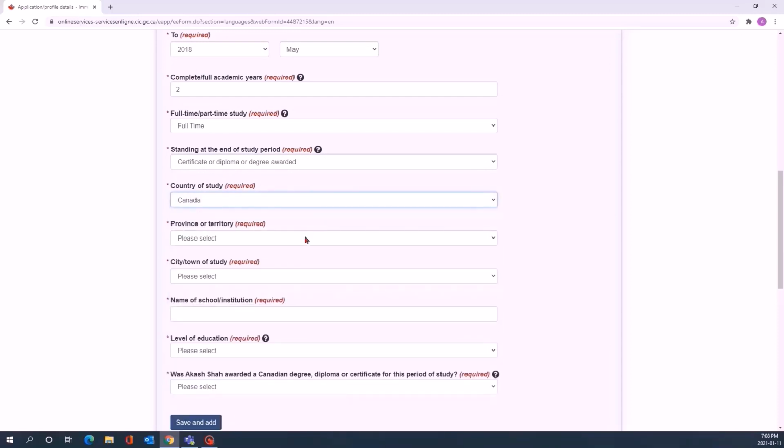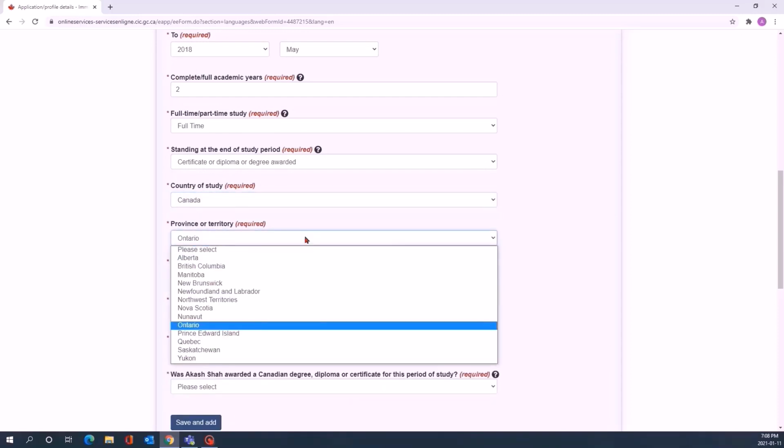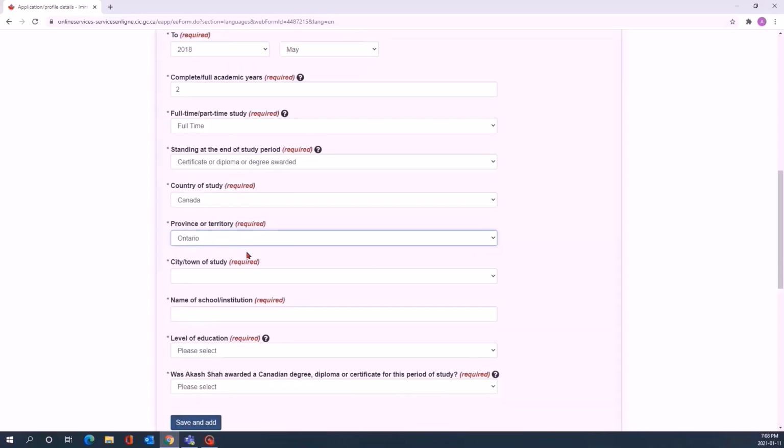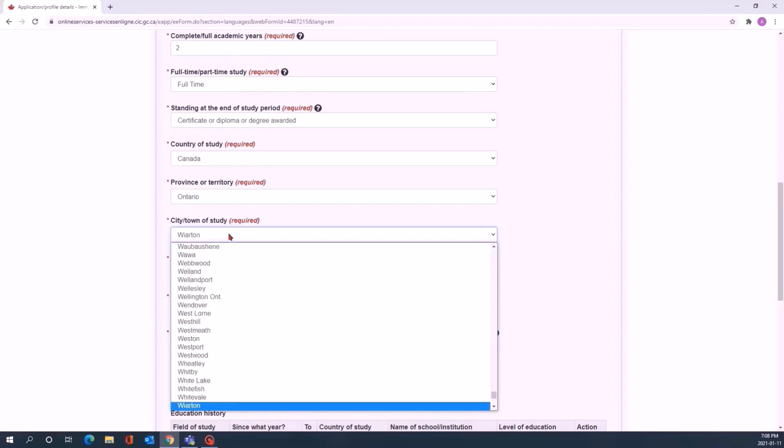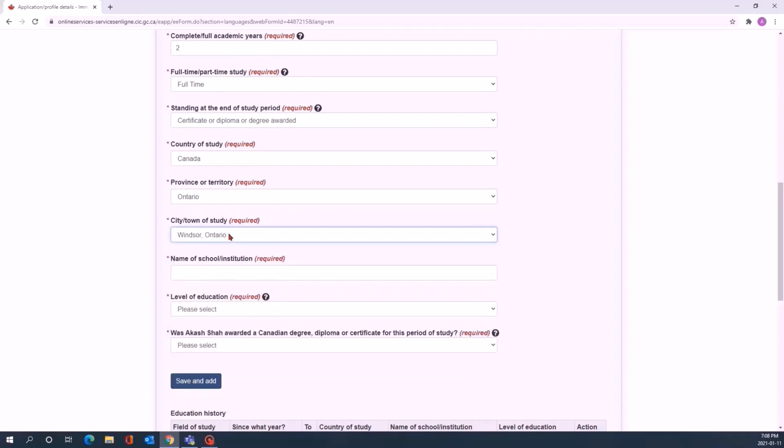Then I studied in Canada, so I'm going to select Canada, entering my province of study. Make sure you enter your details correctly.